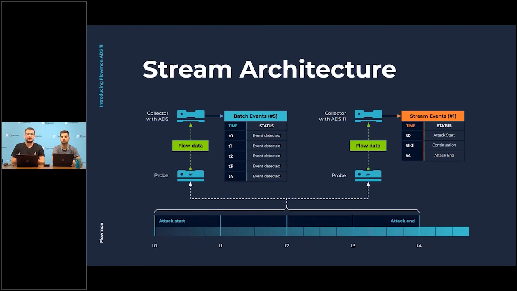So comparing batch processing and stream processing, ADS 10 and ADS 11, in this case, you have 5 versus just 1 event detected. And thanks to this change, you will not be overwhelmed with the high count of the detected events. And let's maybe just pause here for a little bit and talk about